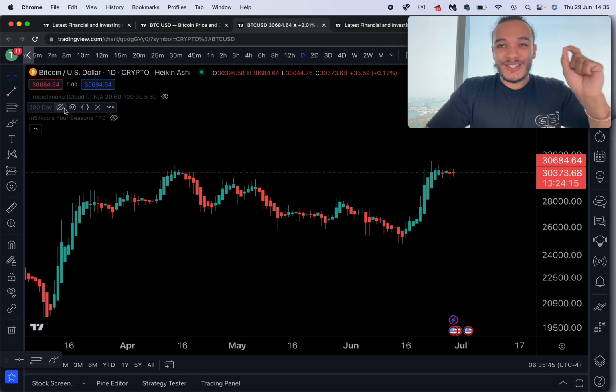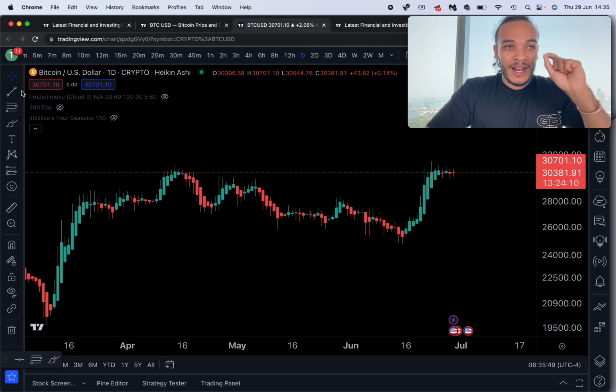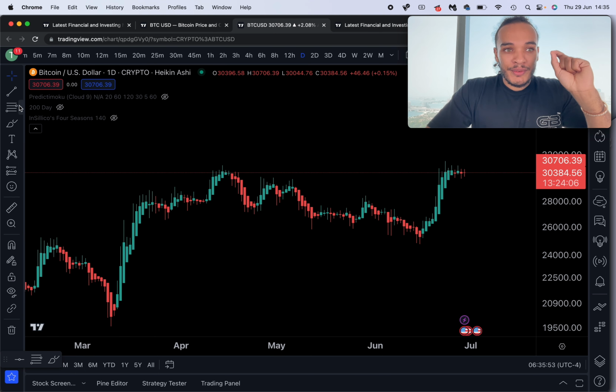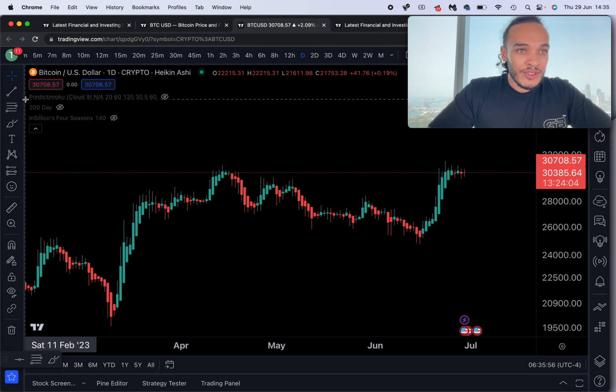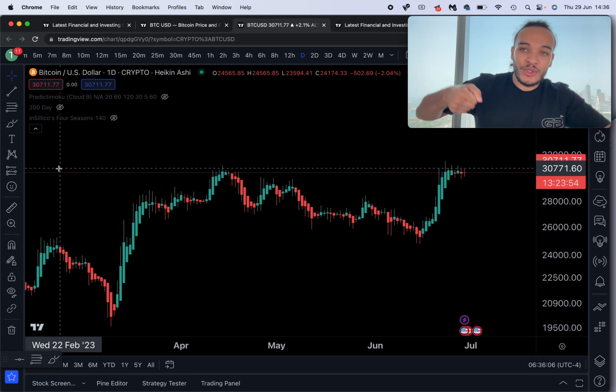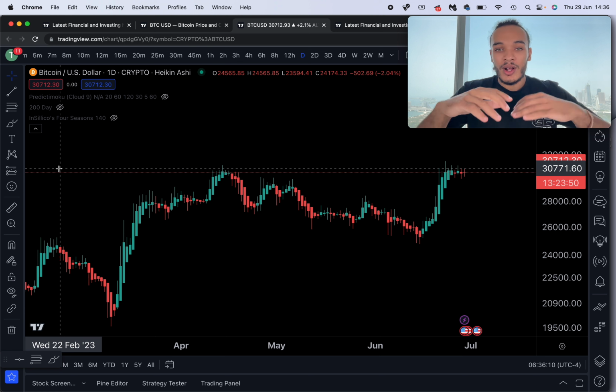Now, let's get on to the fancy part. These are the indicators, okay, and how to draw your patterns. So the main things that you need to know is on this side chart, you will see that we have all different types of tools that we can use. Think of this in terms of your trading toolkit. This is your toolkit that you take to work as a trader, and this is going to help you to